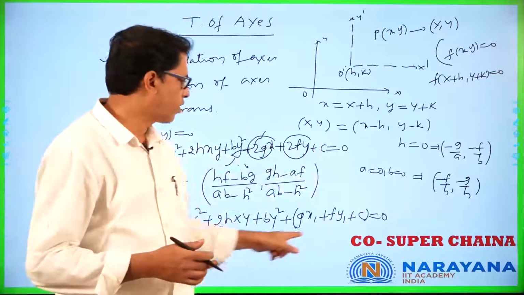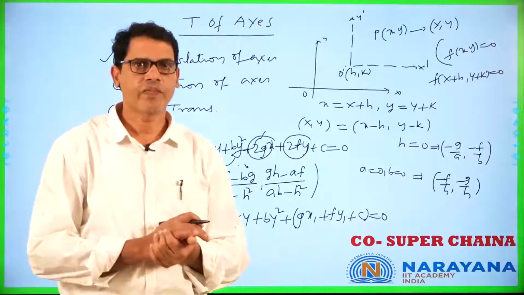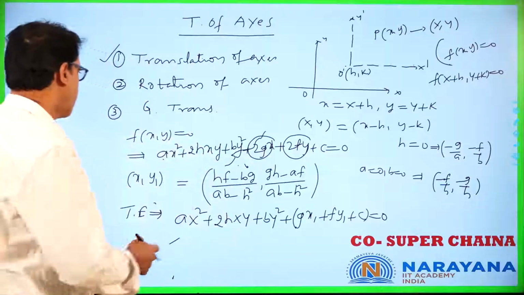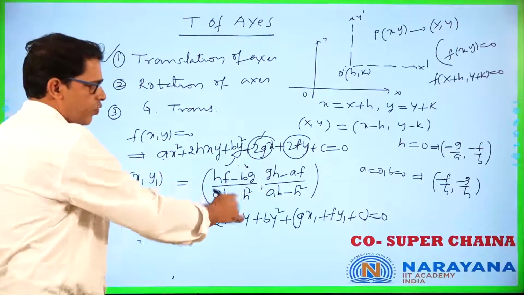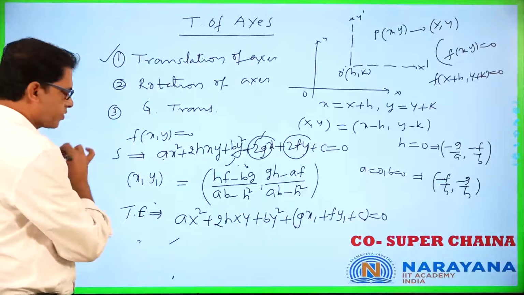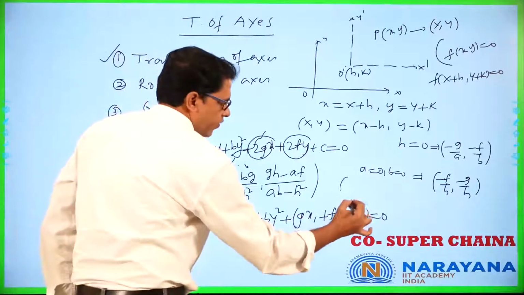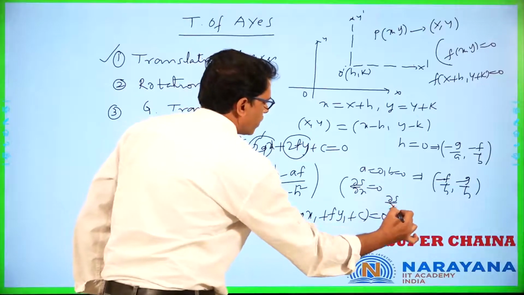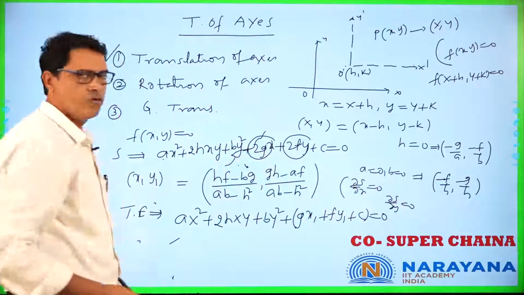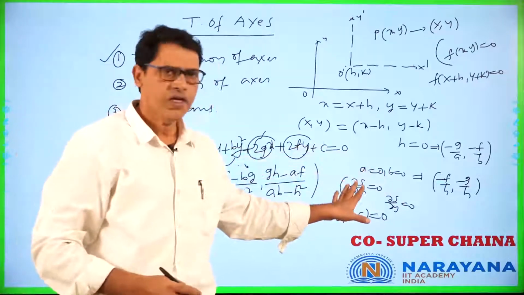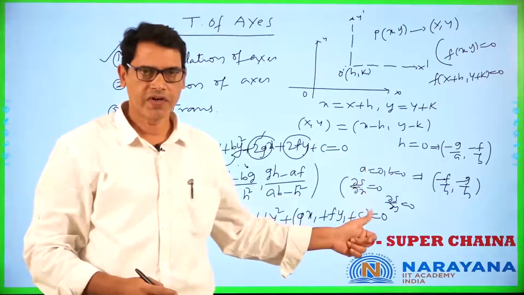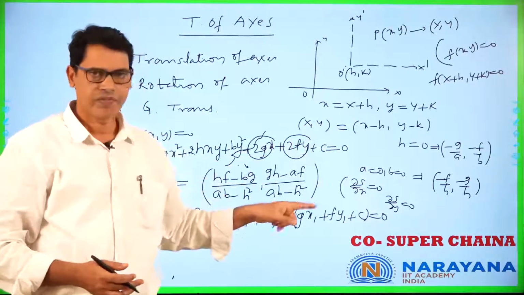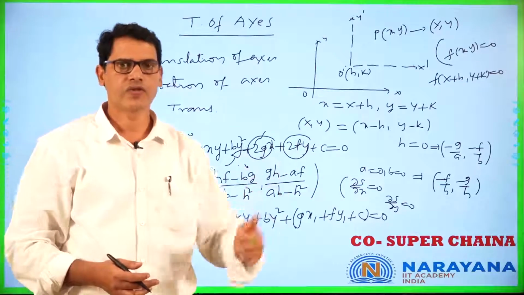So one more short method is there. Instead of applying this formula, if you are aware of partial differentiation, we can find this point. If this is equal to some S, it can be found by dou S by dou x equals 0 and dou S by dou y equals 0. By solving these two, we get this point. Okay, I think you might not be aware of partial differentiation, so let us do it later. So now remember these formulae. Is that clear? Now let us go to the problems.